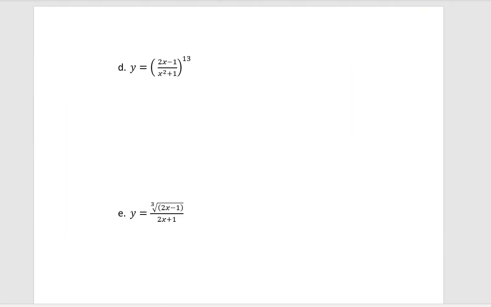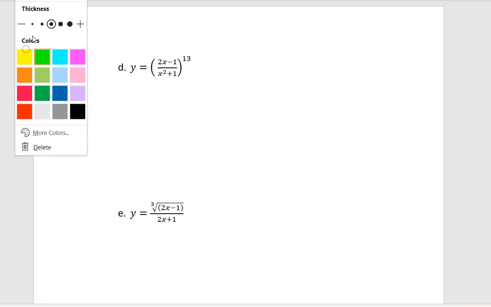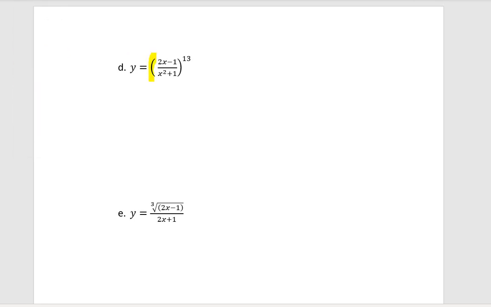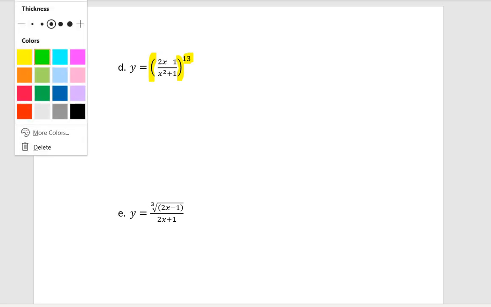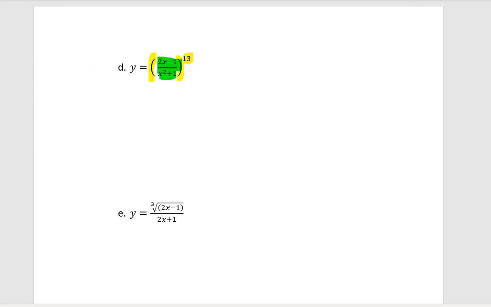Now this next one is going to be very similar because the big thing on the outside is that we're raising it to the 13th. And then on the inside, these two pieces are actually dividing, so we're going to have to use the quotient rule. So when we find y prime, first we're going to take care of that big outside piece,